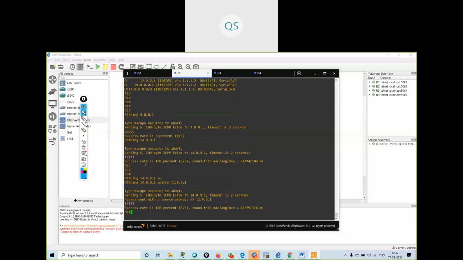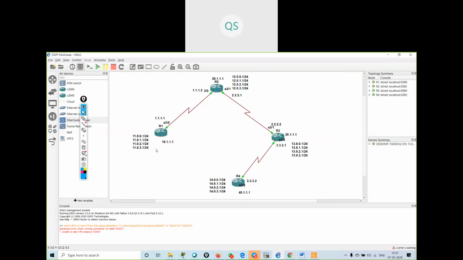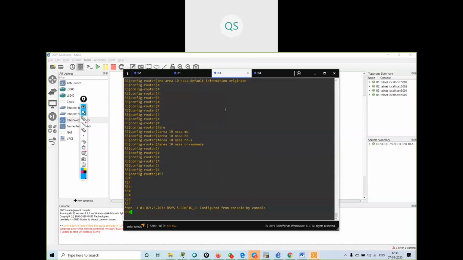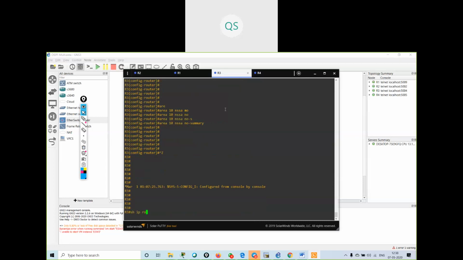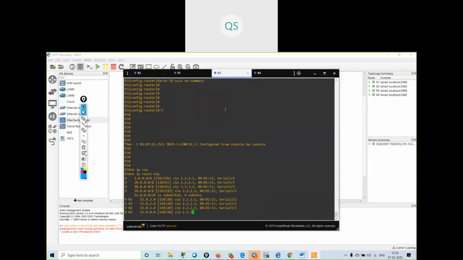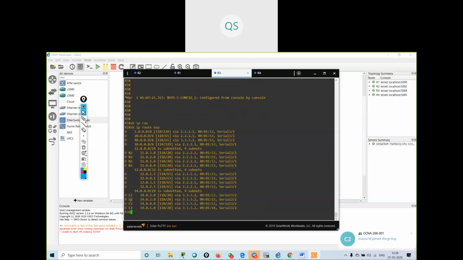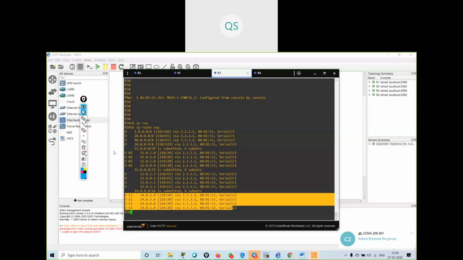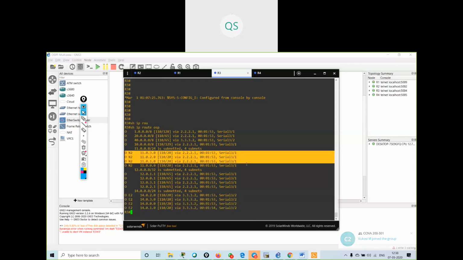See, I am able to ping from 11.0.0.1, from RIP to EIGRP via OSPF. And I am only having one default route in my routers. If I go and see show IP route OSPF, it will have the OE2 routes, also the ON2 routes. Understood?